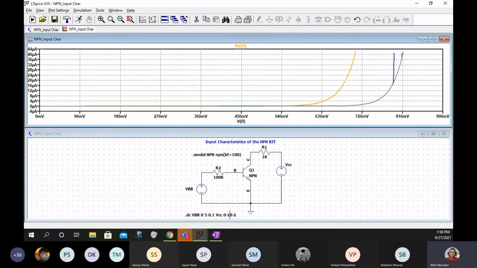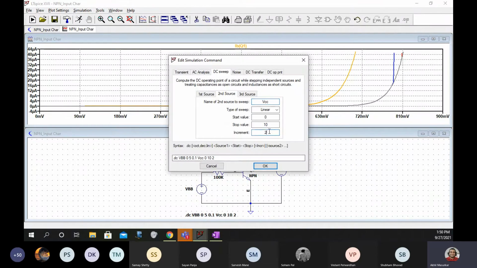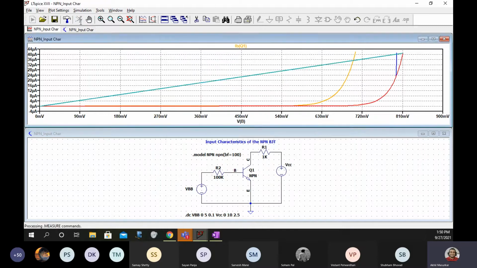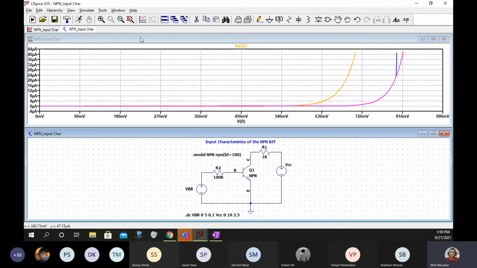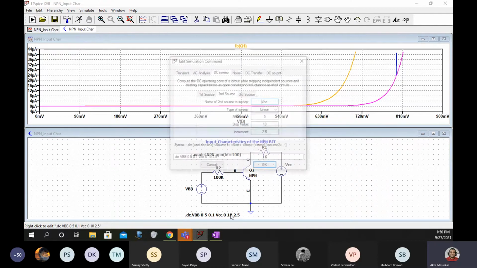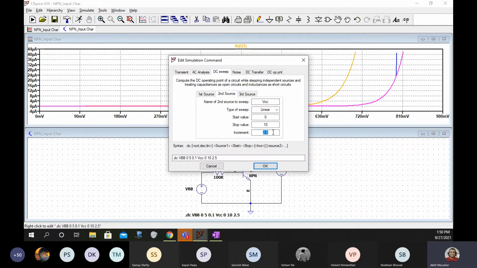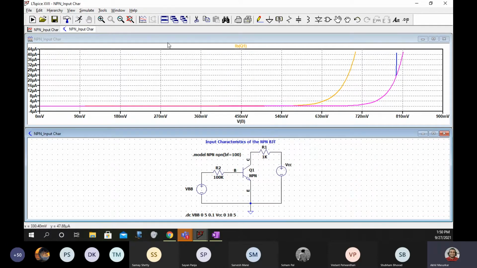You can plot for more also, but I think 2 is enough. 2.5. So we will get some graphs. I think 2 values of VC are enough.